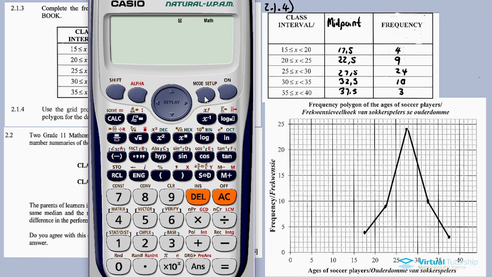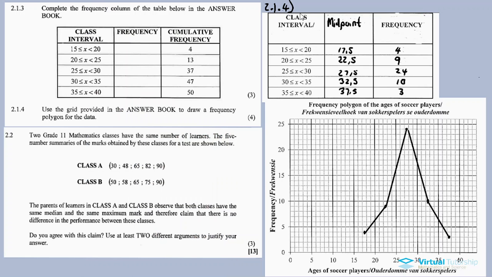So 22.5 minus 17.5, not 15, 17.5, equal to, so there's a difference of 5 between 22.5 and 17.5. Let's check with 27.5, no, 22.5. 22.5 is equal, there's a difference of 5. So it means